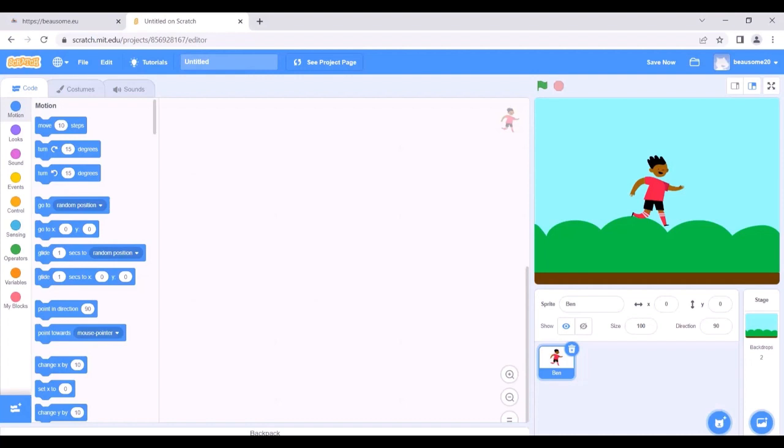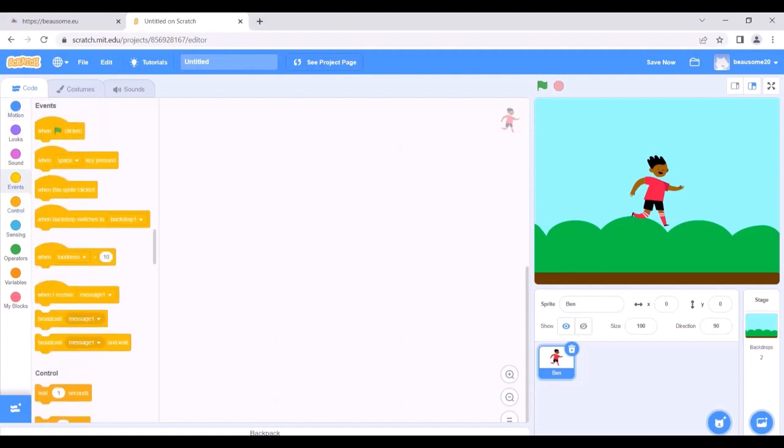So to make our sprite move, I have to choose certain blocks. First of all, from events, you have to navigate in the events section and find the when flag clicked block.